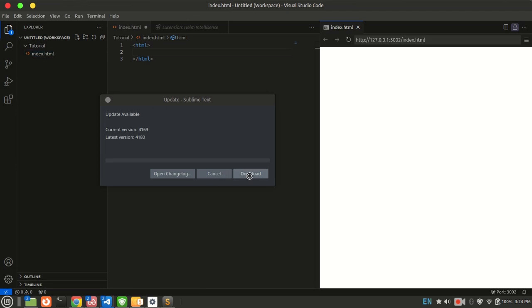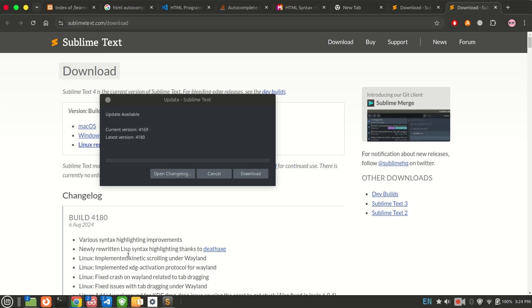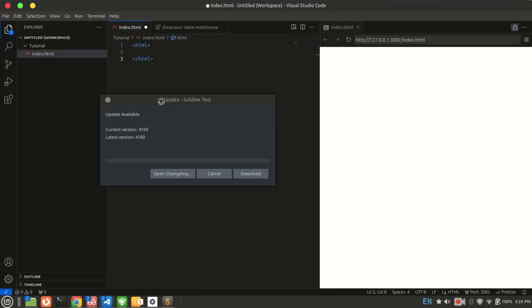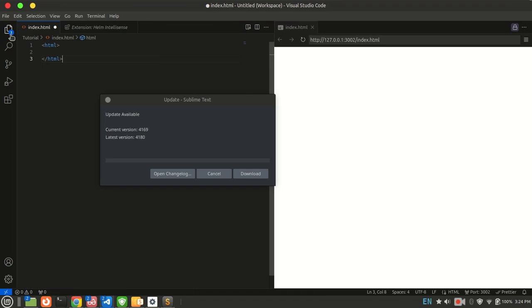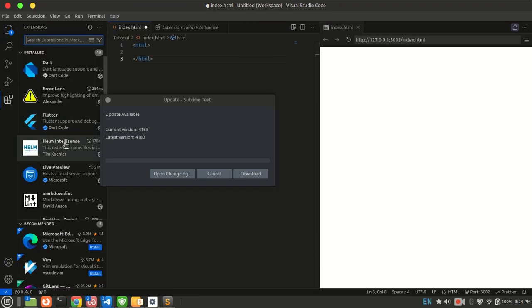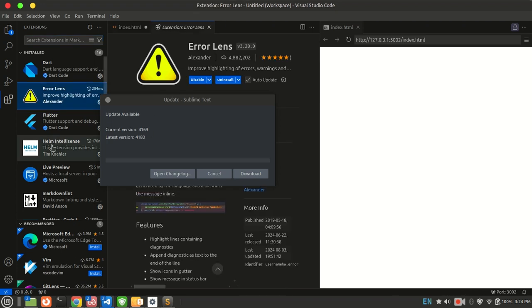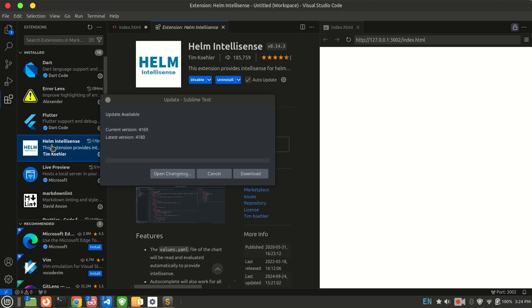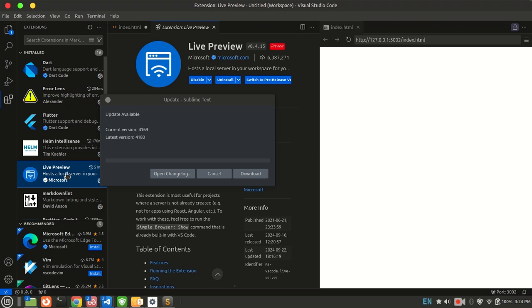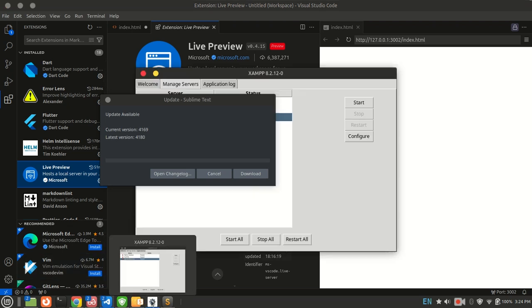It has this feature and provides more extensions. You will install, maybe, Error Lens, HTML snippets, and Live Preview server. So at this time you don't need this